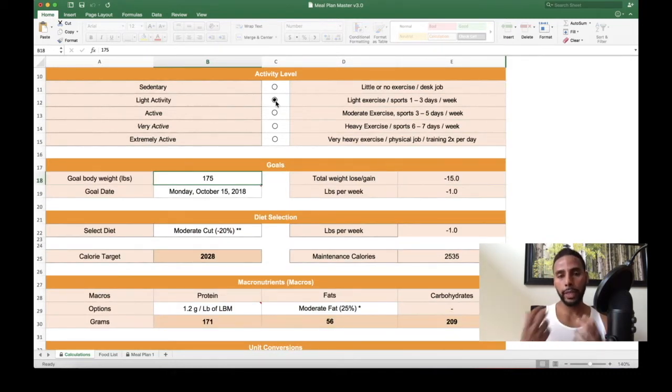And this is going to affect the calculations because this affects how much energy or how many calories you are burning. Because there are two sides to the energy balance equation: the amount of energy or calories that you are consuming and the amount of energy or calories that you are burning. So your activity level has a large impact on how many calories you're burning,